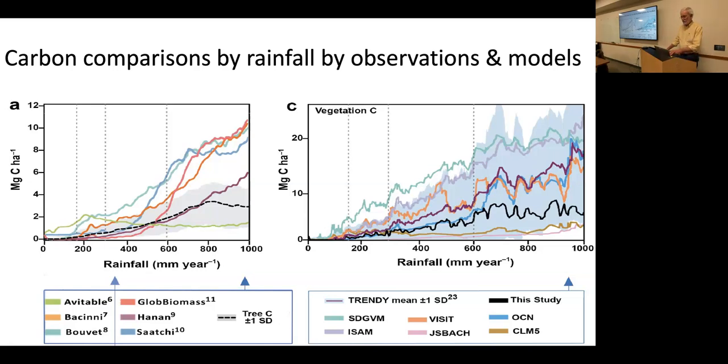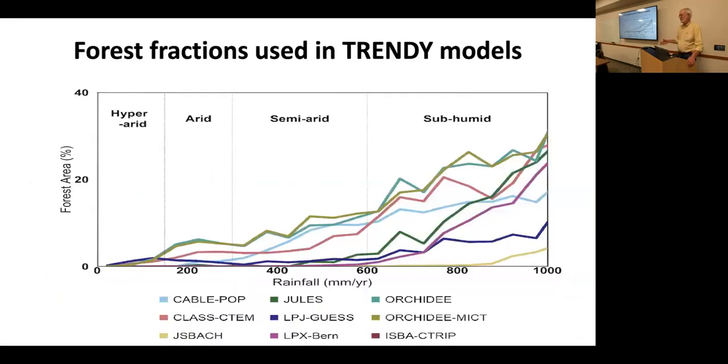Now we compare our data on the left again. You've seen this figure from the previous 2 slides, and we compare it to model results from the TRENDY models. And so here are our data, and this area in sort of this bluish color, that's the plus or minus 1 standard deviation of the TRENDY models. And the reason these models don't do too well is because they don't have accurate data for the density of individual trees at the 50 centimeter level. And that's represented here. These are the forest fractions used in each of the TRENDY models, as you see below. And so better data like ours will lead to better model results. That's the conclusion of this.